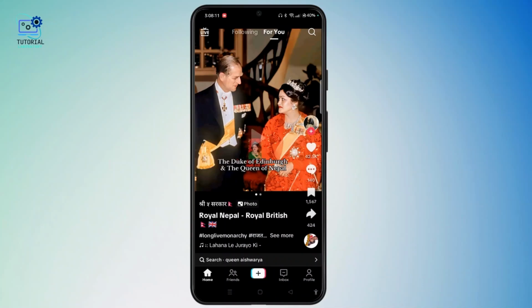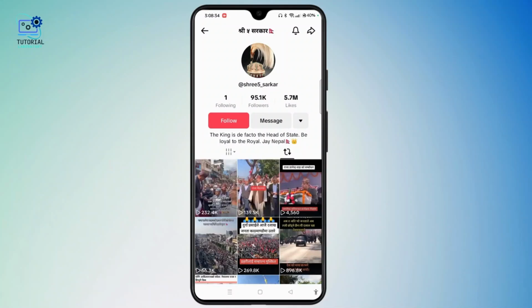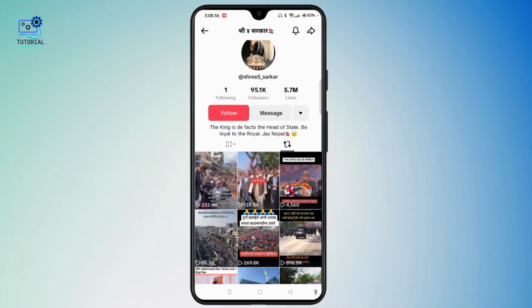Suppose this is the profile that I want to check reposts on. You have to tap on the profile icon at the top right corner of the screen. Now in this profile section, next to the six lines, you will see an arrow-like icon at the right corner of the screen. Simply tap on it, and these are all the repost videos that they have